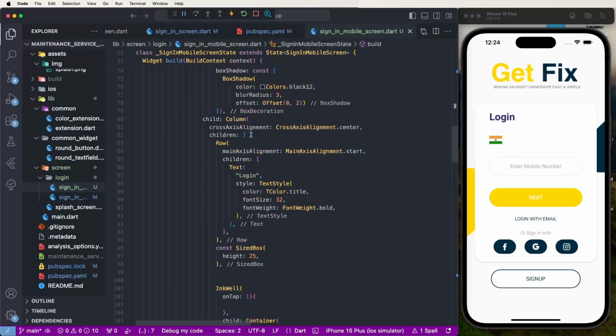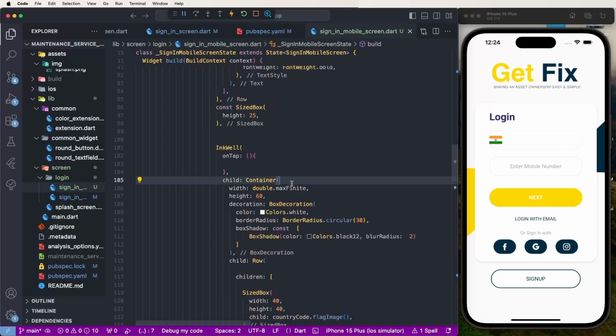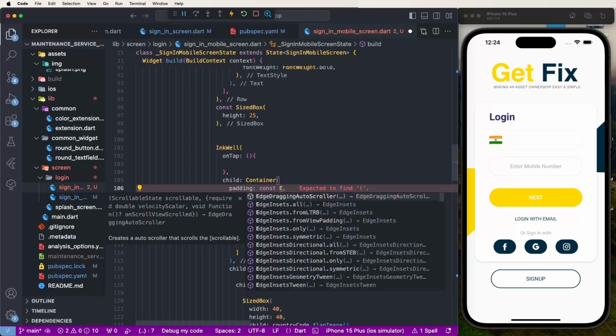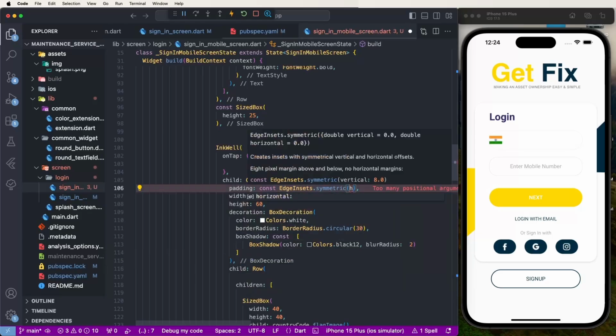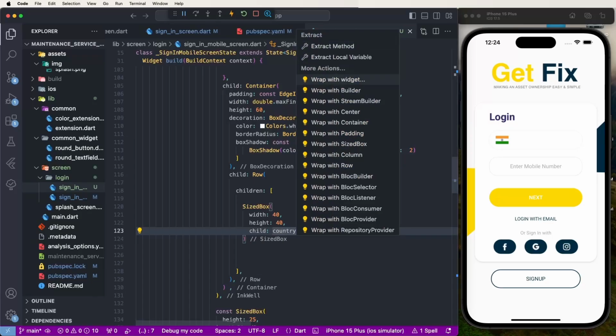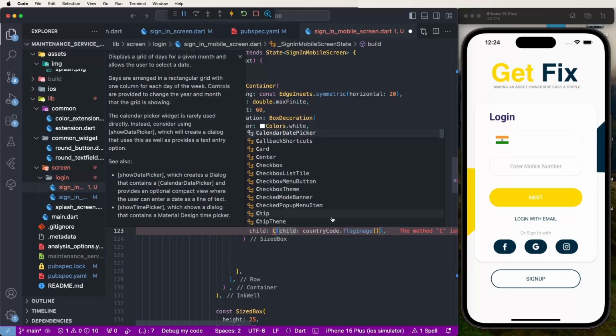Now need to set here first of all the padding, once edges insert symmetric horizontals need to set here the 20 like this, setting here the flag, and also need to write down here the widgets clip or rect,